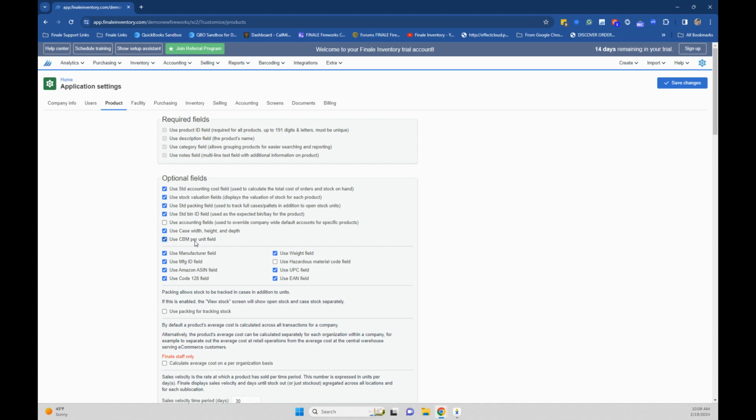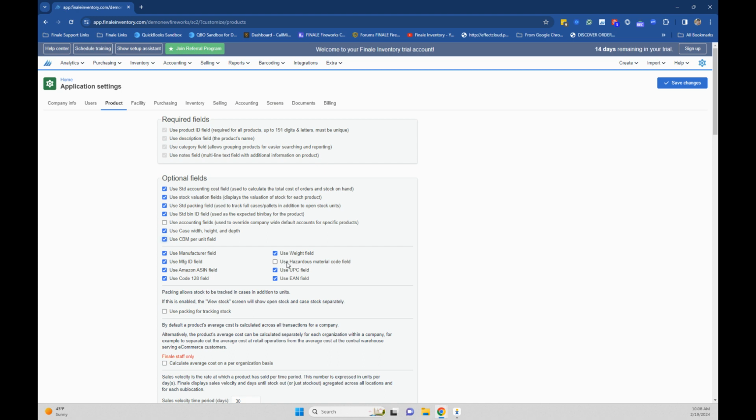This field is also used to do weighted landed average costing, meaning we can land the cost for your freight, duty, demurrage, tariff, all those costs you get for importing or bringing in fireworks to your door. You need to allocate that back to the cost of the fireworks. And this is a very good field to use for that purpose. If you notice over here,